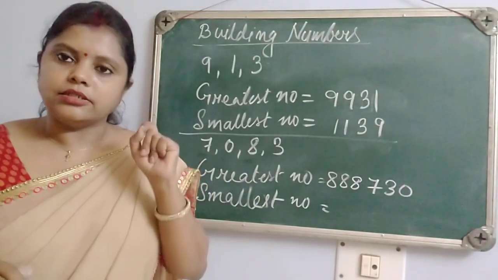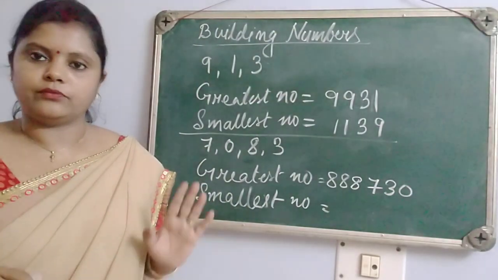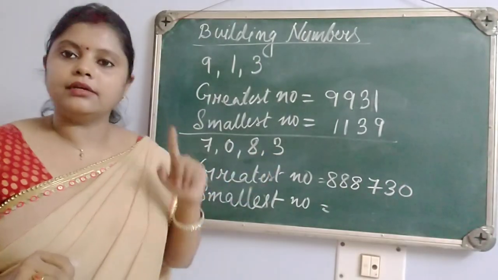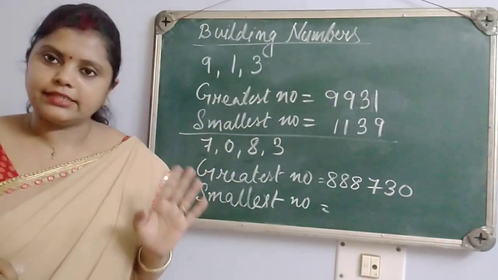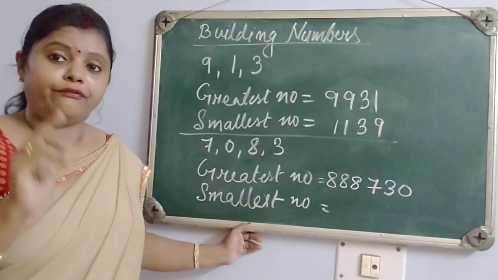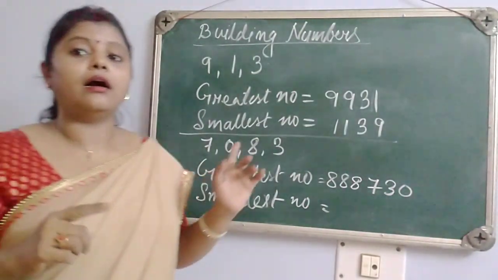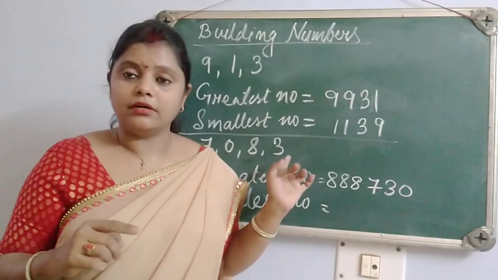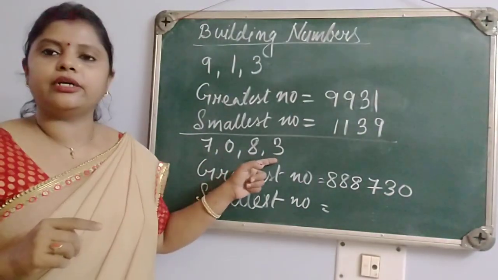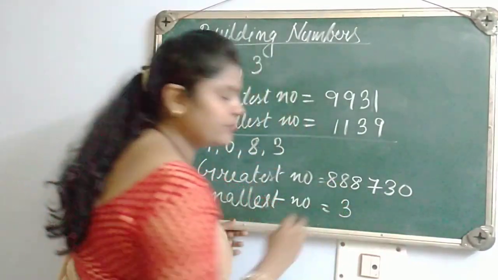Okay. So basically, if 0 is given, then also we are going to follow the same rule in case of repetition. Just you have to be a little bit conscious in case of the smallest number. So what are we going to do here? Again we are going to arrange in descending order. But I told you now how to do it. If we put 0 at the beginning, it will become a 3-digit number, because 0 at the beginning doesn't have any value. So what will we do? What is the number just bigger than 0? In this case, it is 3. So we should write 3 in the beginning.